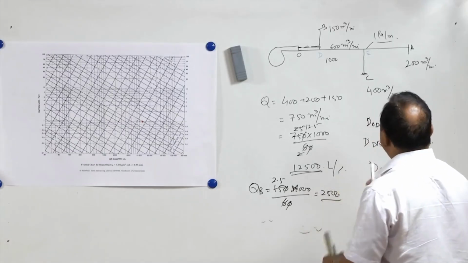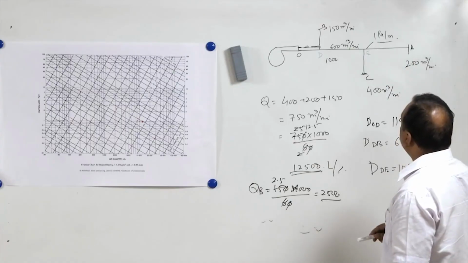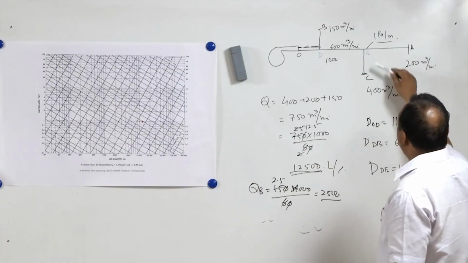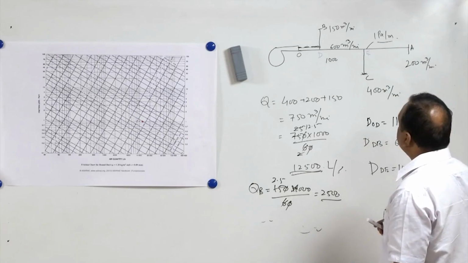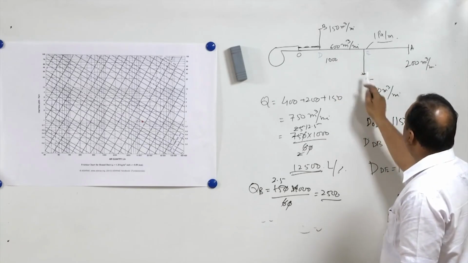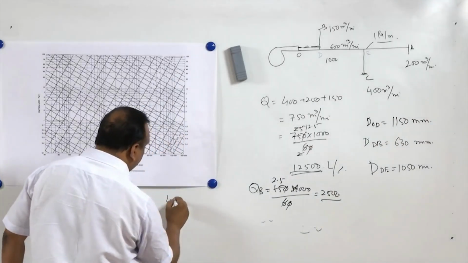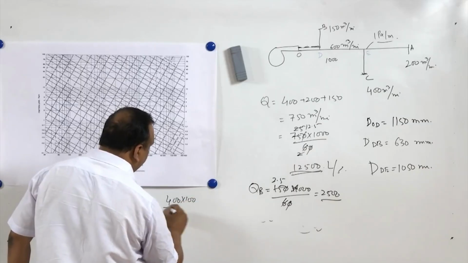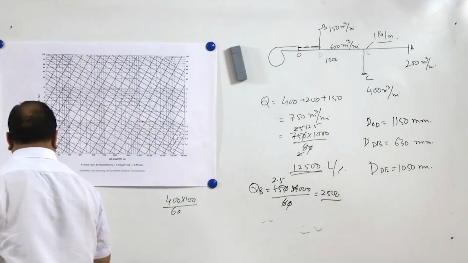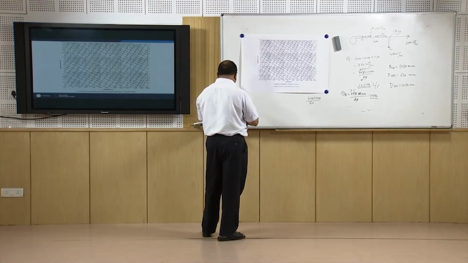Now again, how much air is remaining with us is 600 meter cube per minute. Out of this, 400 is going to this side. So if I want to find the diameter of CE, out of 600, 400 is coming to this side. So 400, I will convert into liters per second, it is 1000 divided by 60. So 400 into 1000 by 60 is going to be